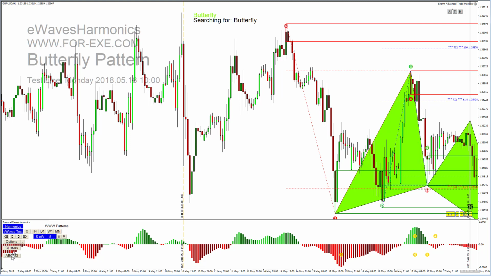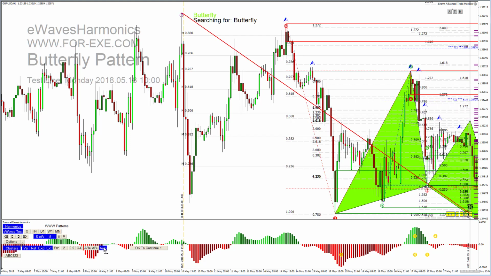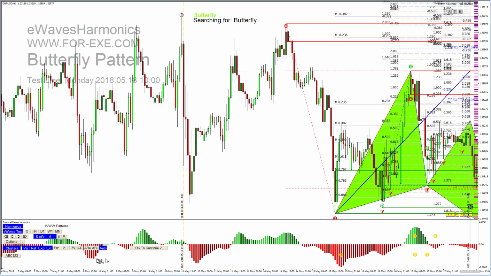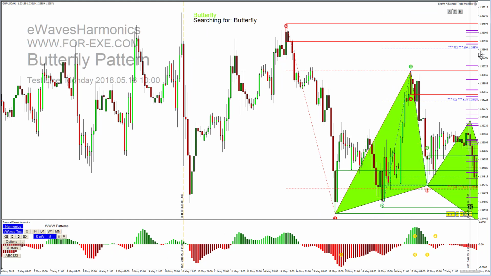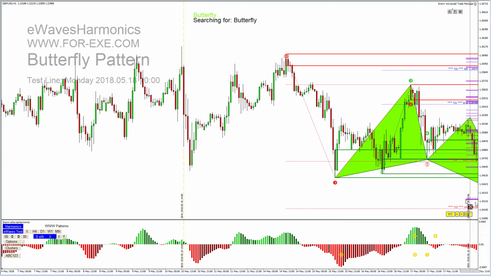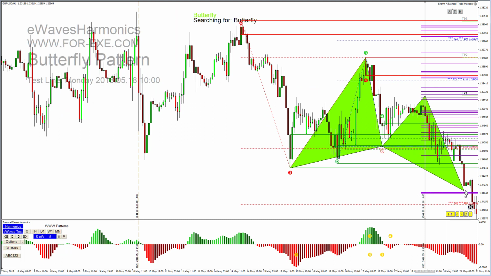Oh, wrong one. So we can see we've got a cluster down here. Automatically plotted target zone 2. This is target zone 1 here. Price normally bounces there, but we've got a good projection down, I would say, for the butterfly there. And we can see that price came down very nicely. So had you sold here with a stop loss just above some clusters here, you would have done quite well with that. Now you can see price has already broken through,